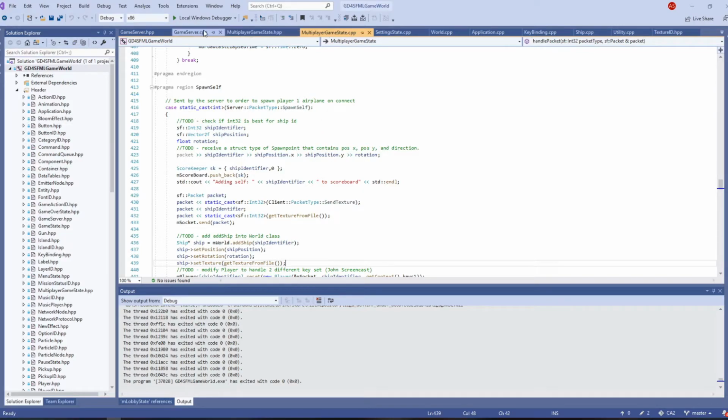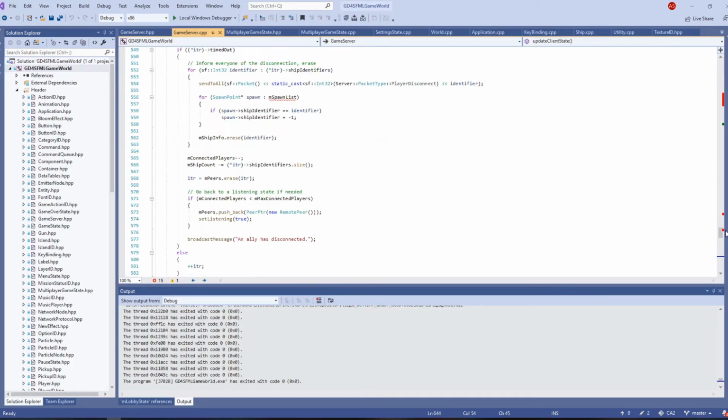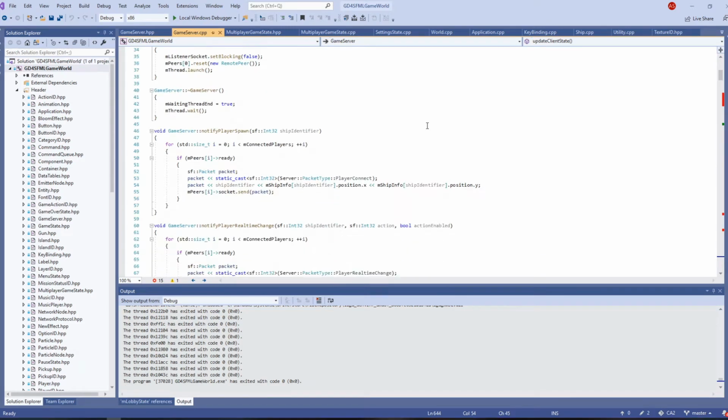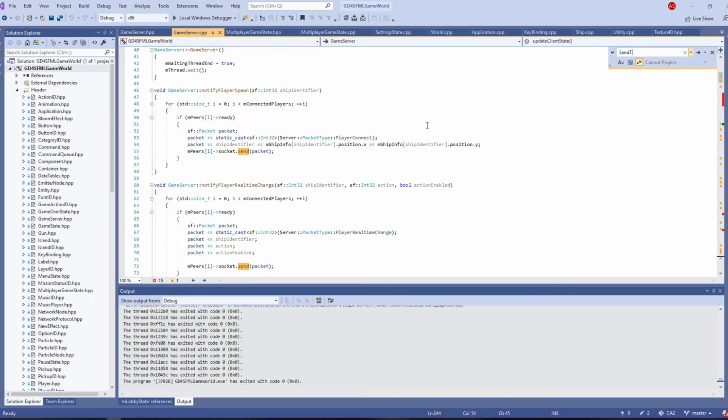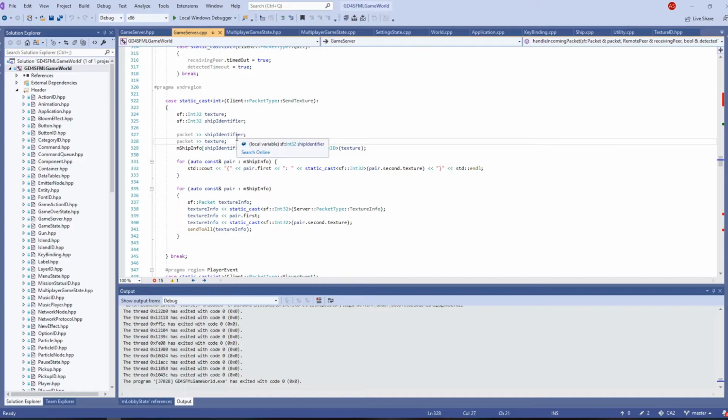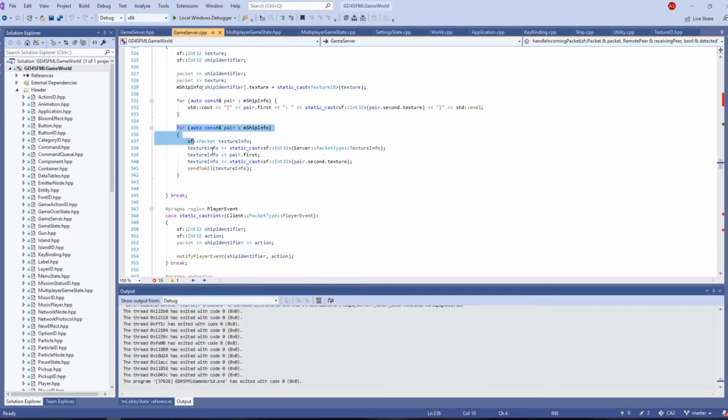Now, this is where I'm not sure if this is the best approach to do it, but currently it works fine for this scope. So let's see. In the server, it listens for what type of texture is wanted, and what ship identifier should have that texture. Now in the ship info, we have the info of that texture, so I just set that, and then it will loop through all of the ship info and make sure that all of the clients have the right